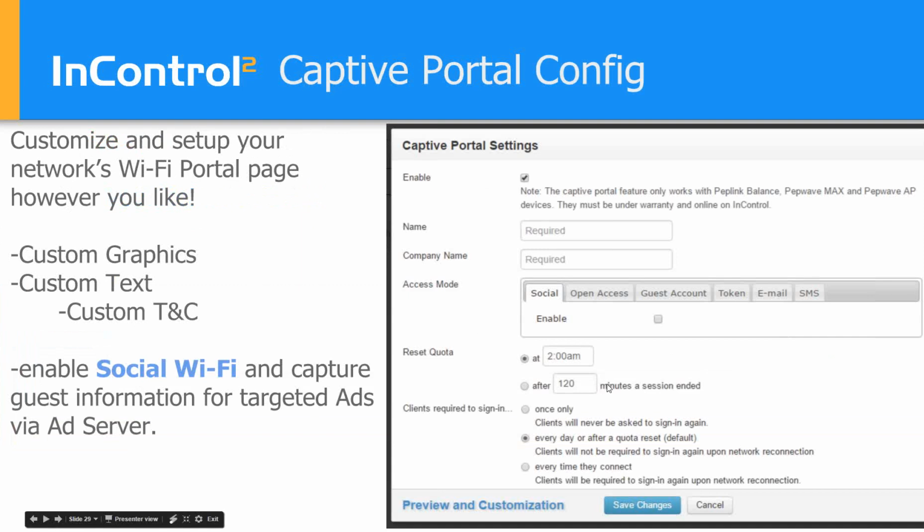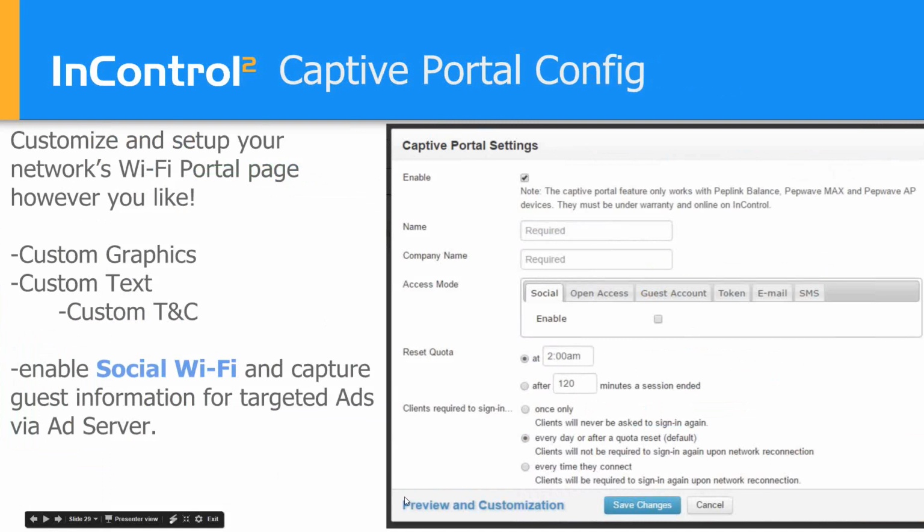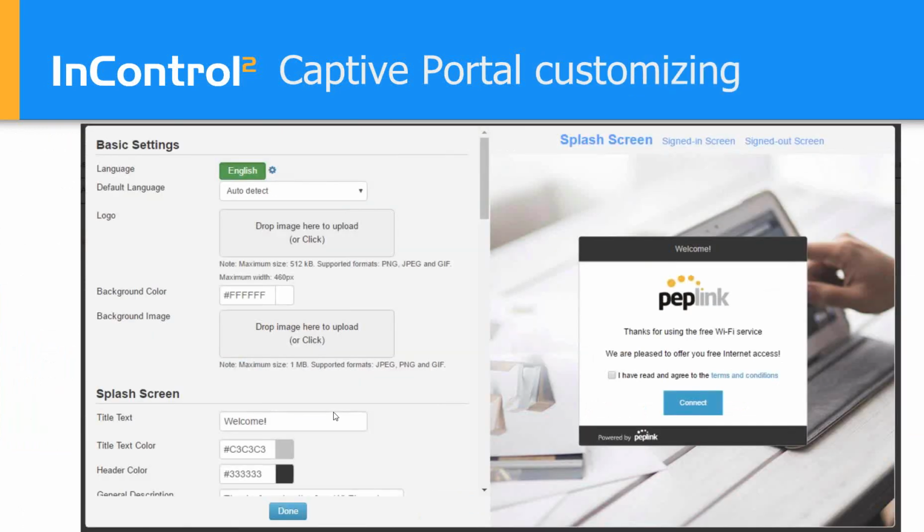You can reset your quotas at a particular time, define when they need to log in, etc. And then once you have the captive portal basic metrics built, under the preview and customization section, this is where you start to tailor make your page for your deployment. And again, this is where you're putting the graphics, text, terms and conditions, and really making it